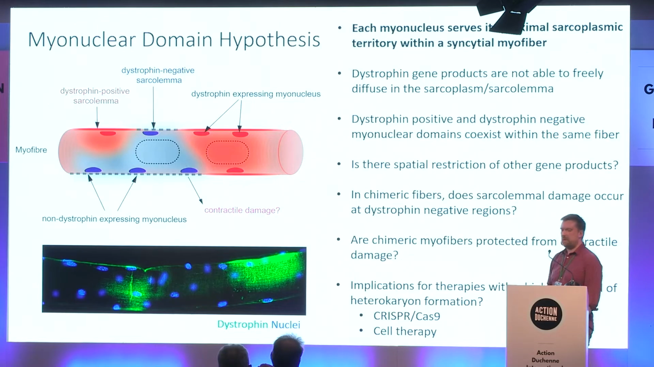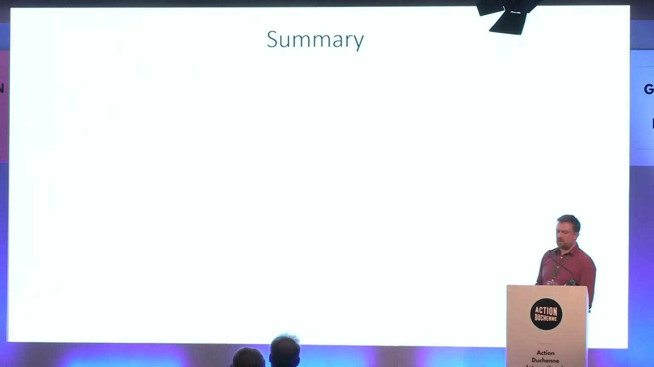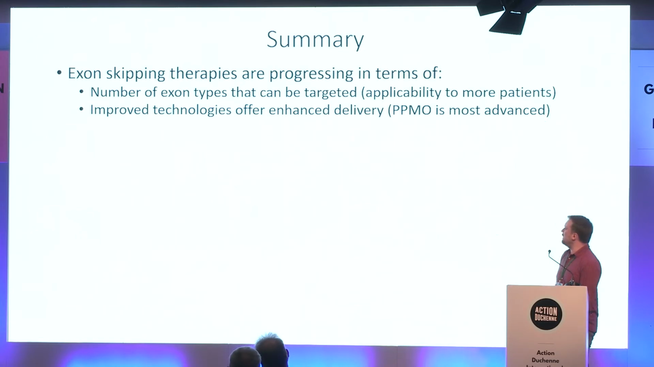And I think that this has really important implications for some kinds of CRISPR therapy, such as the double cut strategy, which I've outlined today, but also for cell therapy, where you introduce dystrophin expressing myonuclei into an otherwise non-dystrophin expressing muscle context. So just to summarize, exon skipping therapies are progressing in terms of the number of exons that